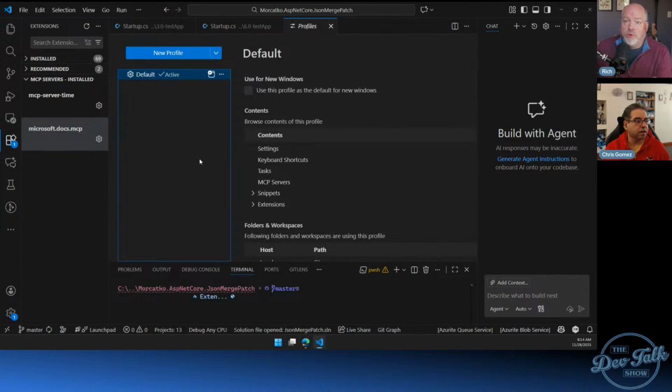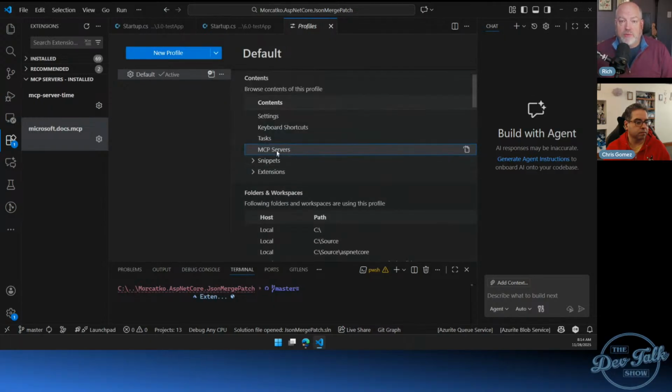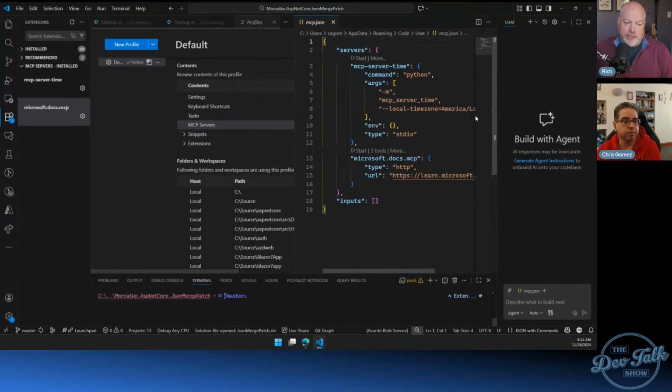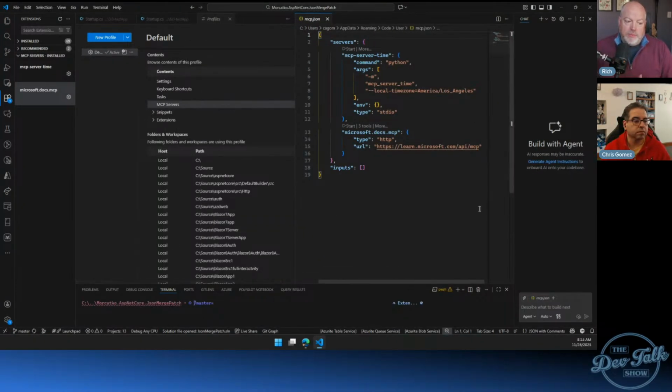So you have a default profile. Each profile has a different set of extensions you can install and a different set of MCPs you can install, all of those things that make VS Code specific to a profile. That's why I have one that's a .NET profile. It's got my C# extension, my REST extensions, and the MCP servers that I want to include as well. So that's one way of managing it. Now you can switch between profiles depending on what you're working on. Okay, I see.